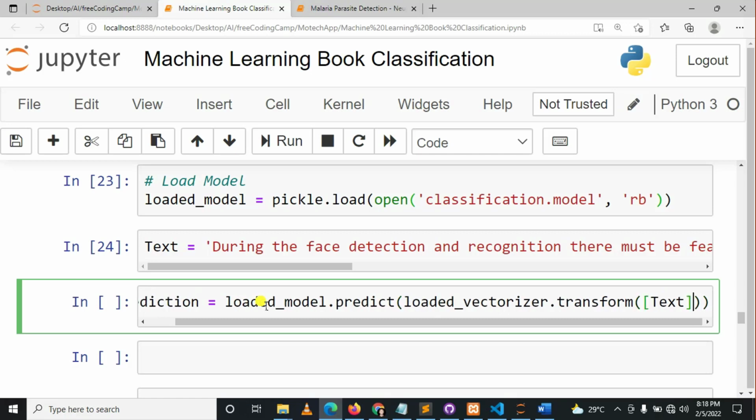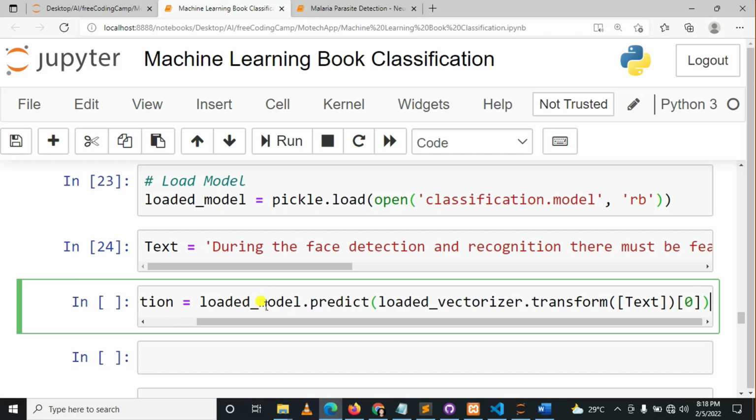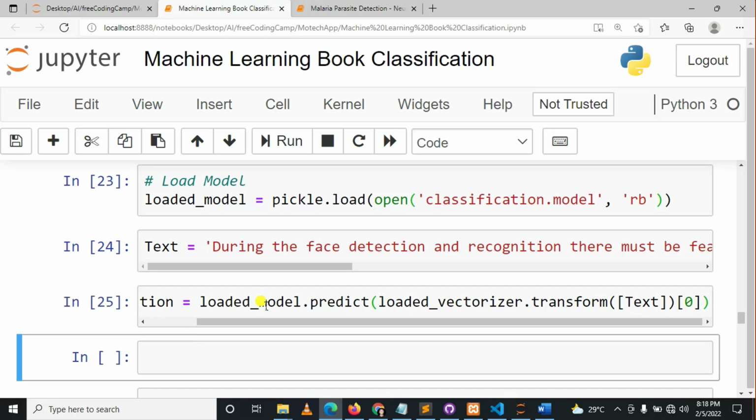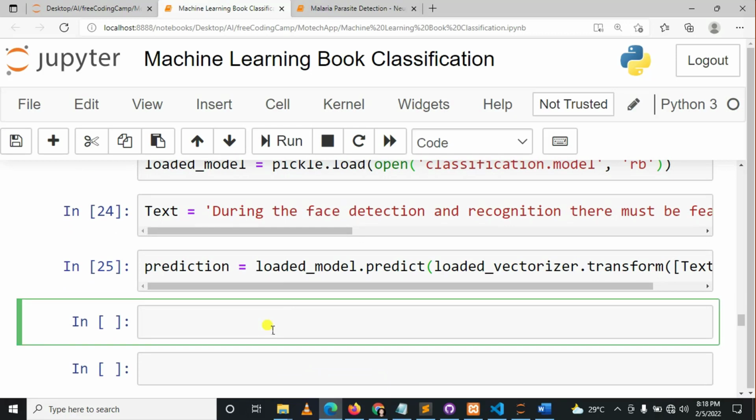It should be something like this. Let me run this cell. After that, let me print the prediction result.